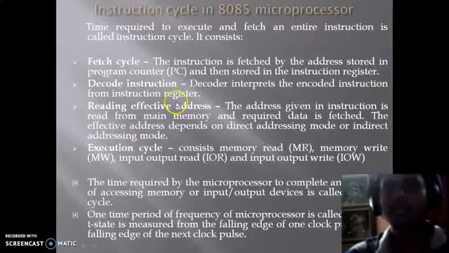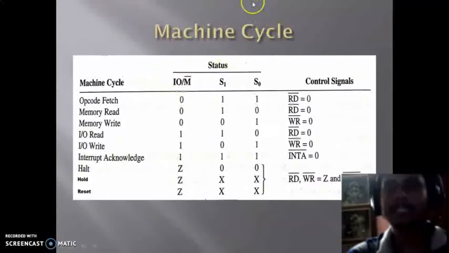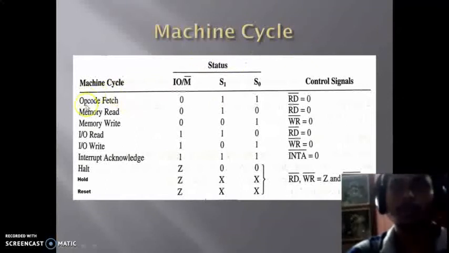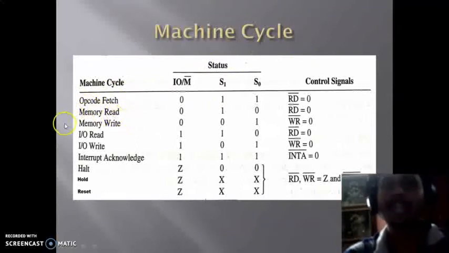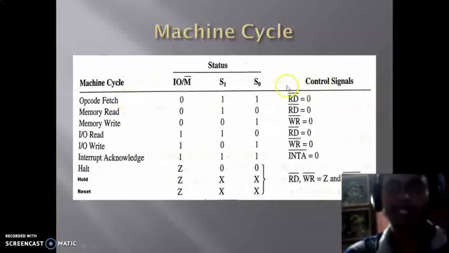Next I am going to discuss the different machine cycles: opcode fetch machine cycle, memory read machine cycle, memory write machine cycle, input output read machine cycle, and input output write machine cycle. These cycle statuses can be seen by using the three pins IO/M-bar, S1, S0, which specify whether the operation is input output related or memory related. If it is 011, then it is the opcode fetch, and obviously this is a read operation, because if you want to fetch the opcode stored in a particular memory, we need to provide the read control signal.